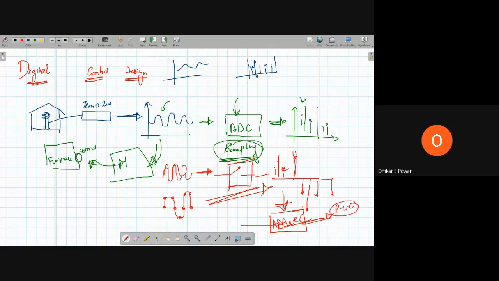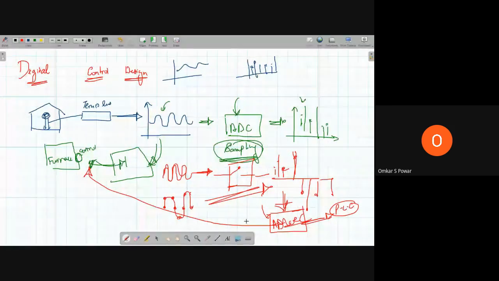And then you can control this furnace efficiently. Instead of using a manual switch, we can use this digitalization or Z transform here, and we can get better control over it. Okay, so this is where we need to understand digital signal analysis. So this is why we use Z transform and DTFT.